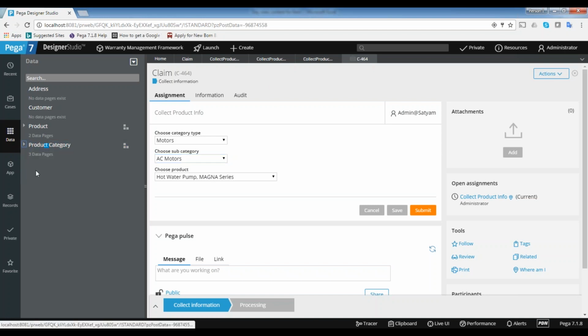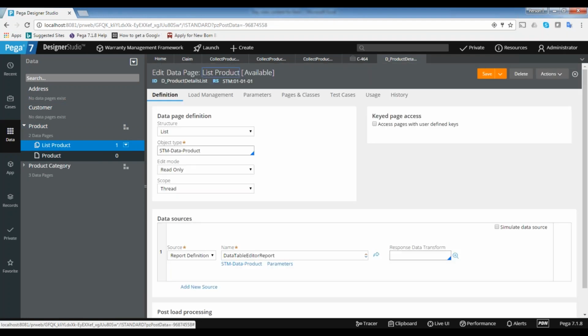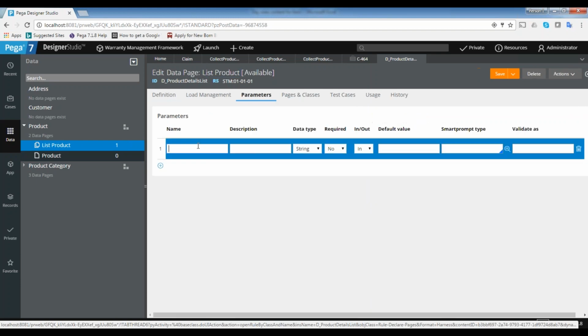So let's open this product list data page. Do the same thing here.